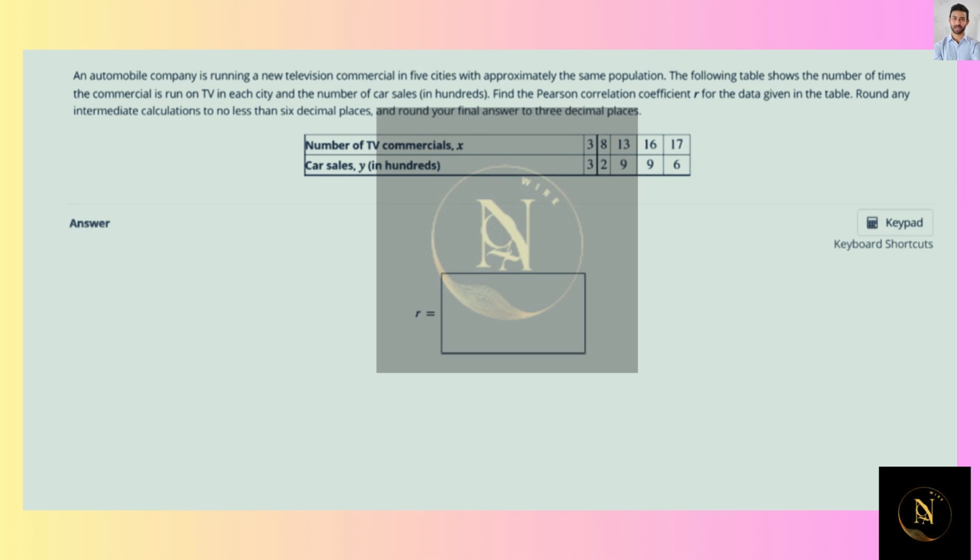An automobile company is running a new TV commercial in 5 cities with approximately the same population. The following table shows the number of times the commercials run on TV in each city and the number of car sales in hundreds. We want to find the Pearson correlation coefficient,